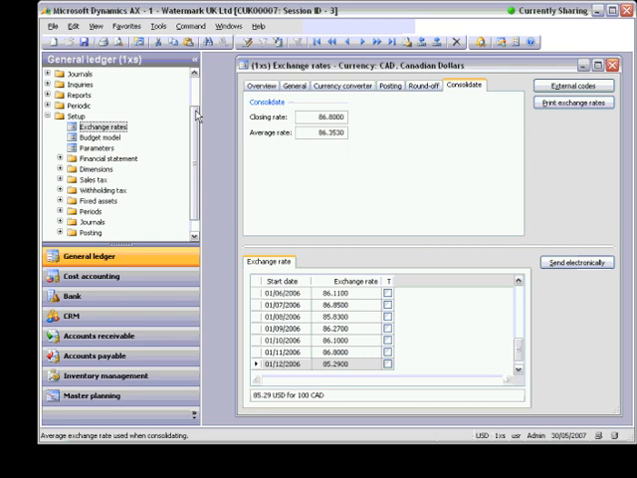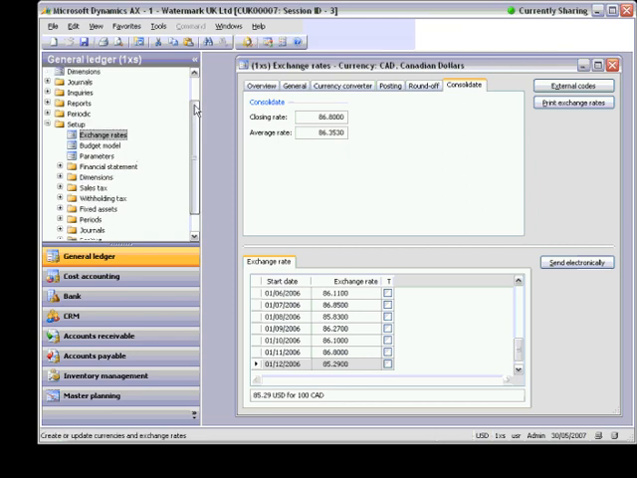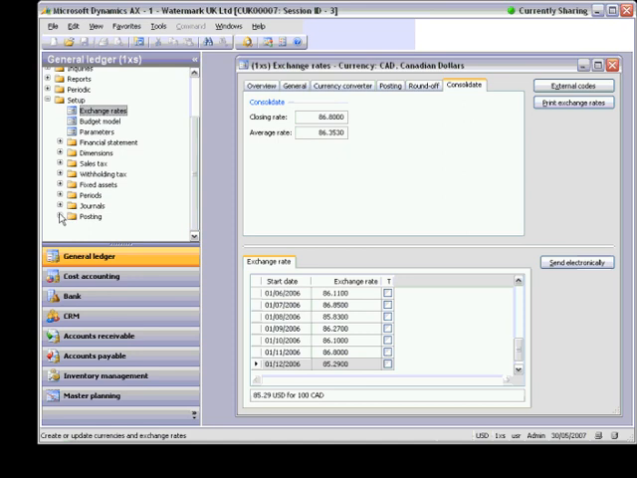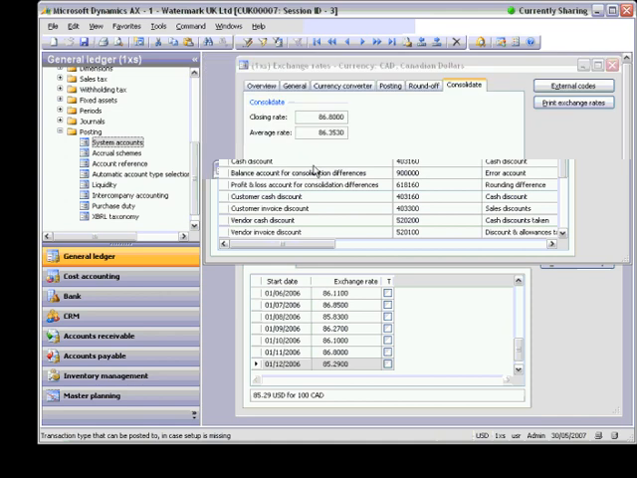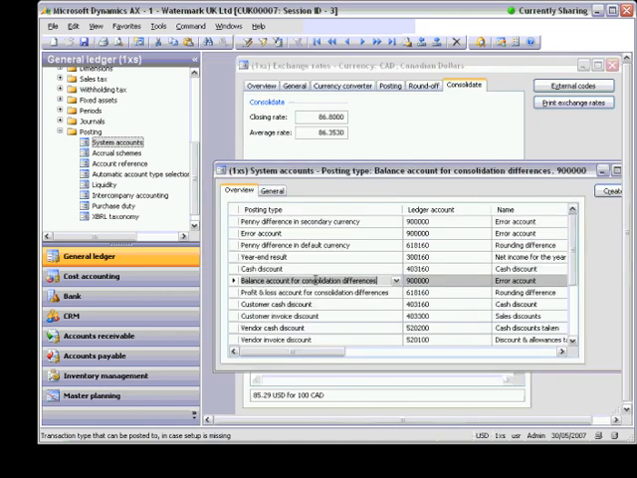So next my step is to define system accounts in the general ledger setup, open folder posting, open system account form. In this form, I set up two ledger accounts for balance account differences and for profit and loss account differences. So now I have two ledger accounts, because I am going to have two different conversion methods. Next my step